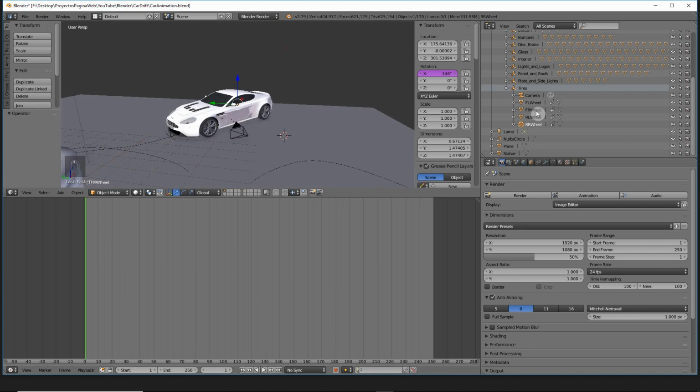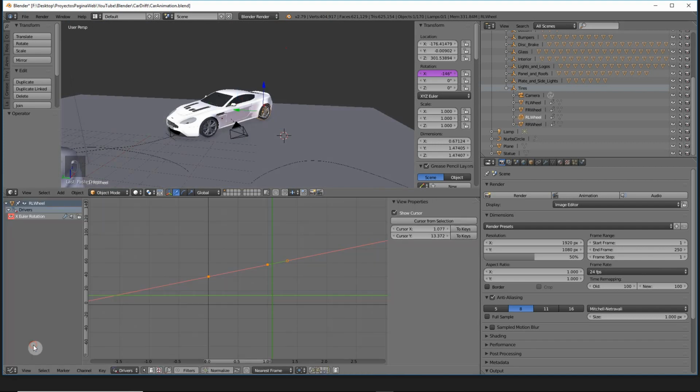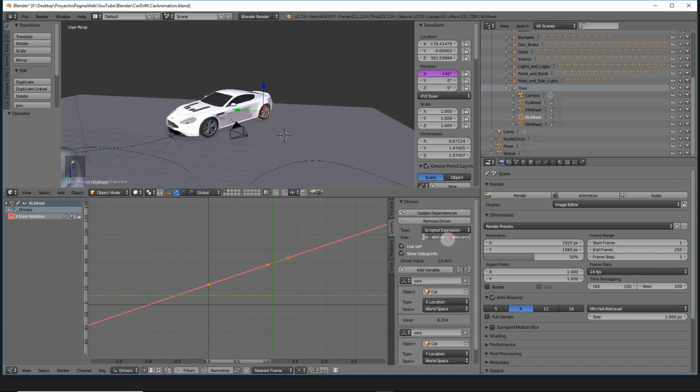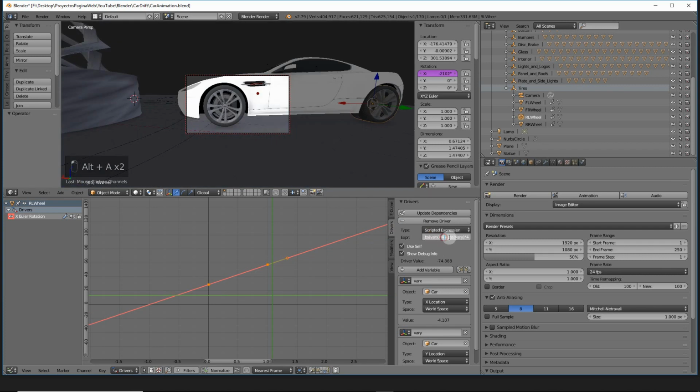So we go back here, we're going to select the rear wheel, we go to the graph editor, and for this one specifically, we're going to go back to the value. We want the wheel to be a bit faster, and we also want to tweak the function here. We may multiply it by 4 and by 4. So now it's going half forward, half backwards. We put a plus instead of minus this time. We keep it with the plus. Just play with the values like that, and let's see now. Now it's going forward, which is good.